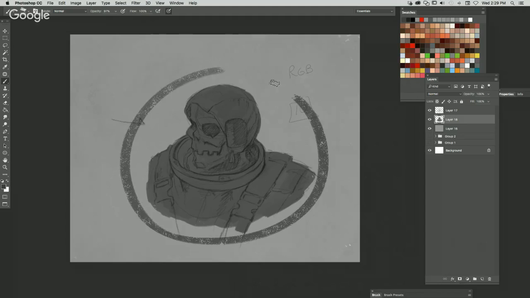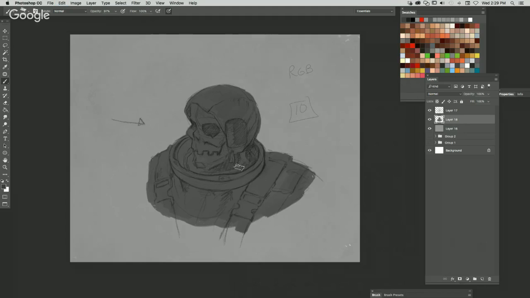So I'm at the point where I now have a solid base. I just put the neutral gray in everywhere. And before I go into color, I am going to add in values. This is usually the point where people get screwed up, because when you're adding values, you want to focus on contrast and where the light would fall.